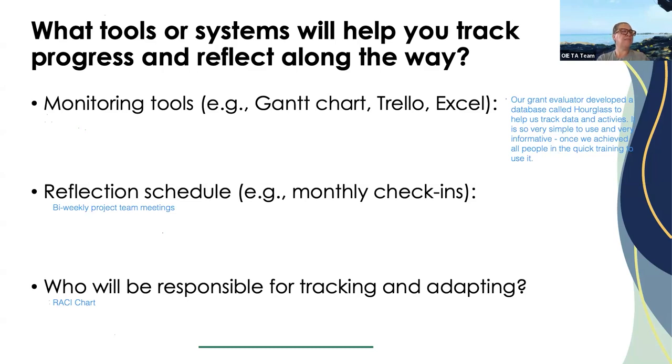Yeah. Those are important. Who will be responsible for the RACI chart? Scheduled evaluations. Yep. Great.